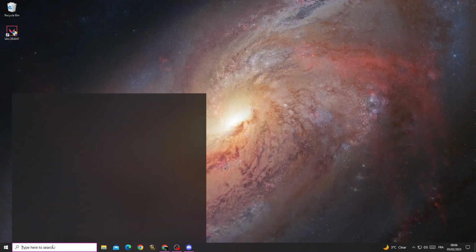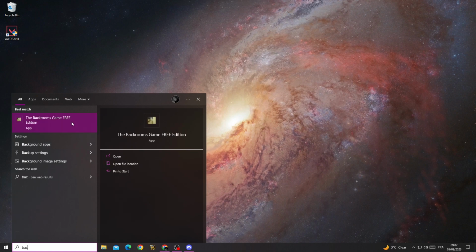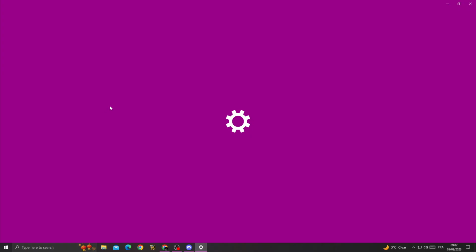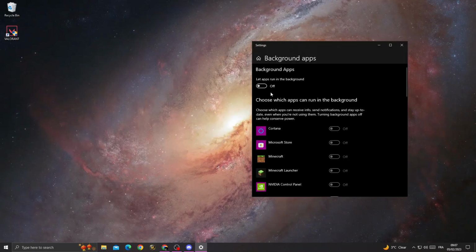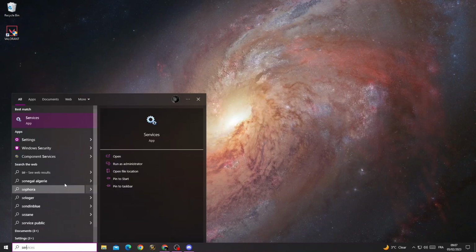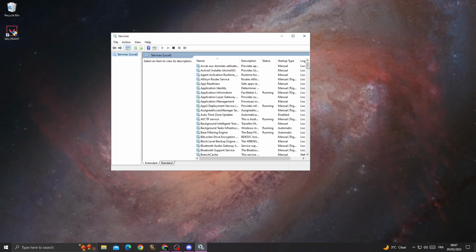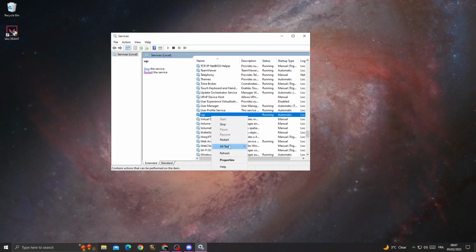now just type here background apps. Now turn off the first option here if you want to turn off all those background apps, and then type here services, and now scroll down until you find here VGC, right click and click restart,